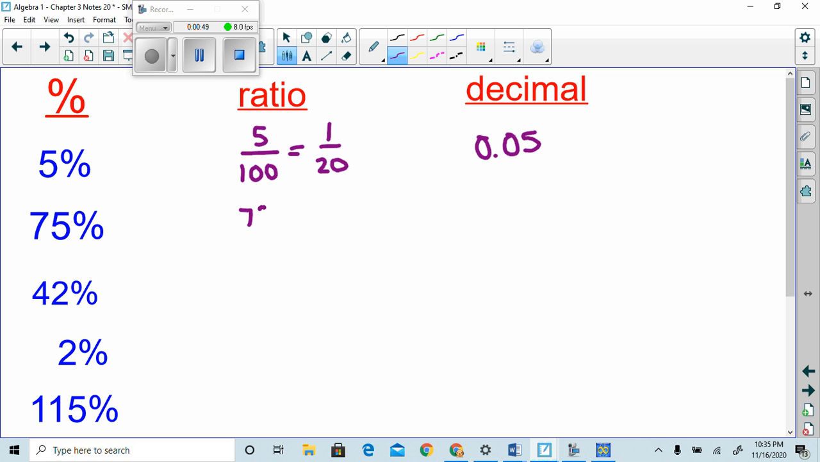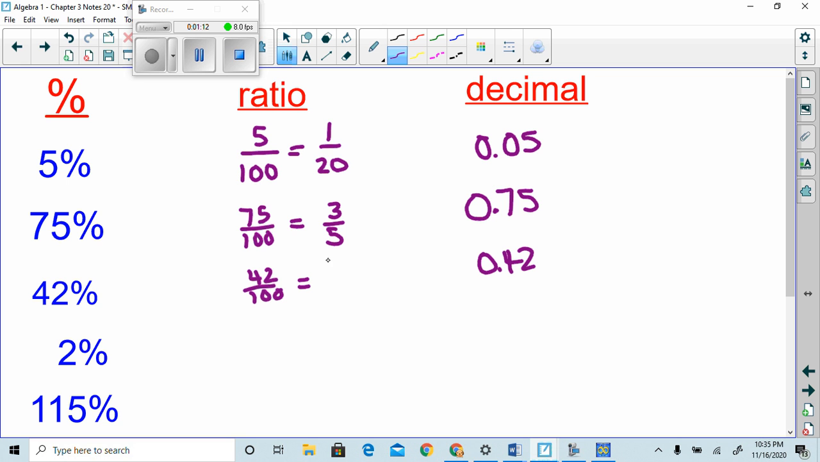75% is 75 out of 100. That's a commonly used percent. It's 3/4. Drop the percent sign and move your decimal over 2 places. 75/100ths. 42/100ths. When I say 42/100ths, that automatically gives me the hint of what the decimal looks like. I divide by my common factor of 2,